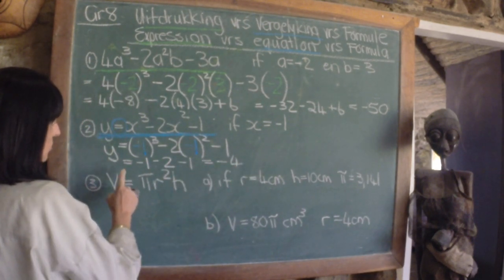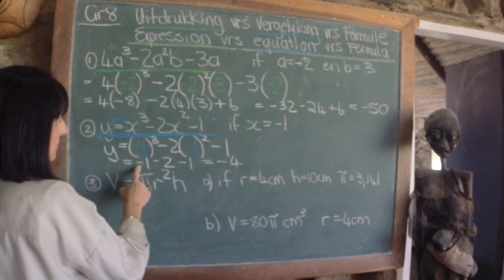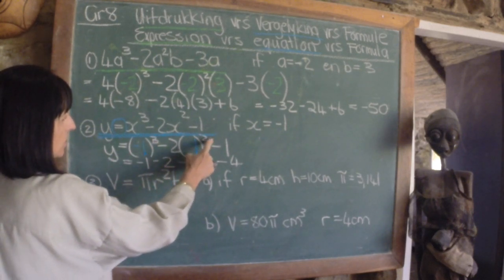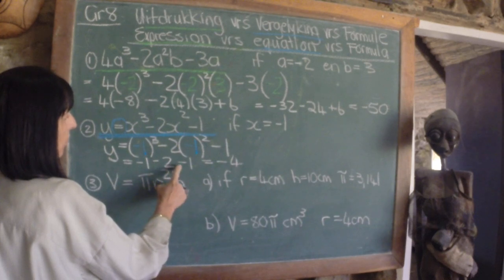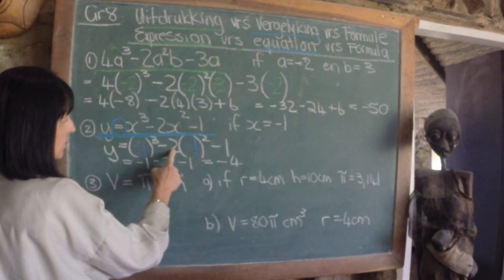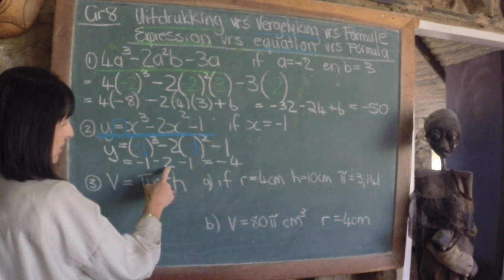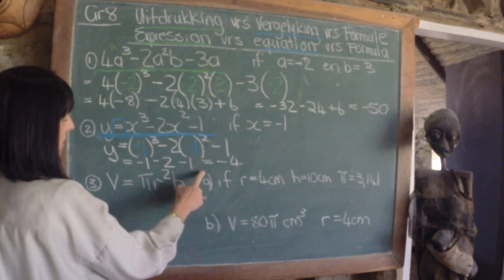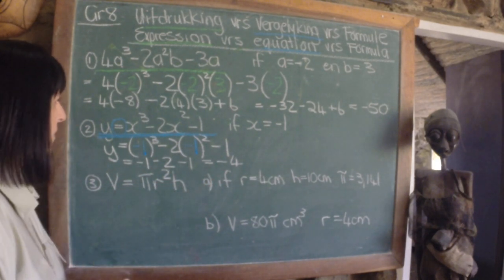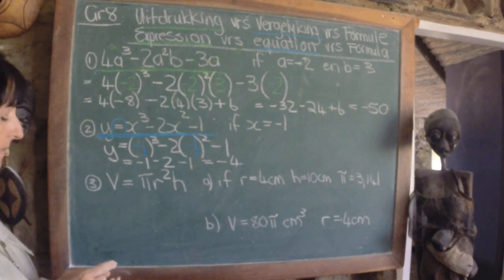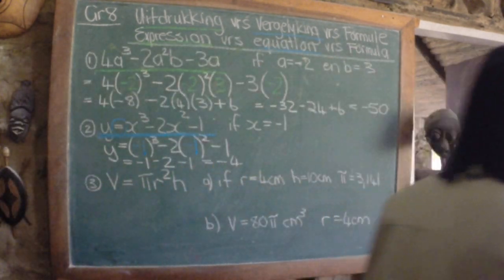If we do substitution, -1 cubed gives us -1, -1 squared gives us plus 1, -2 times plus 1 gives me -2, -1, and it equals up to -4. The last example is